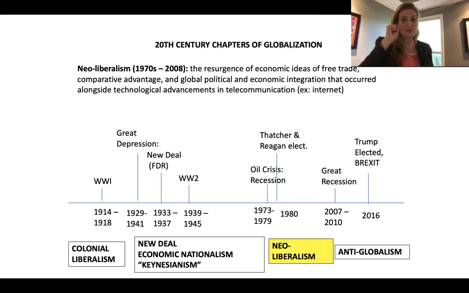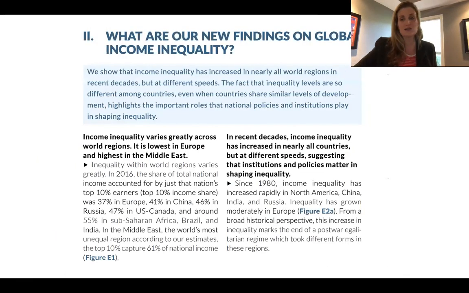raise all boats. But what we see in this data is that there was little trickle down. Some managers and CEOs of very powerful, wealthy companies got fantastically rich off of bringing back free trade, slashing funding for education, healthcare, and other programs, and reduced taxation. What we have here is an accumulation of wealth that has not trickled down to the middle class or the working class. What we have seen under neoliberalism is a dramatic restructuring of who has what of the global economic pie that has benefited not just the top 10%, but the top 1%.